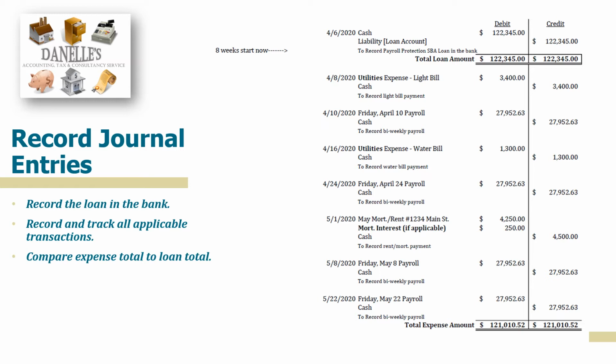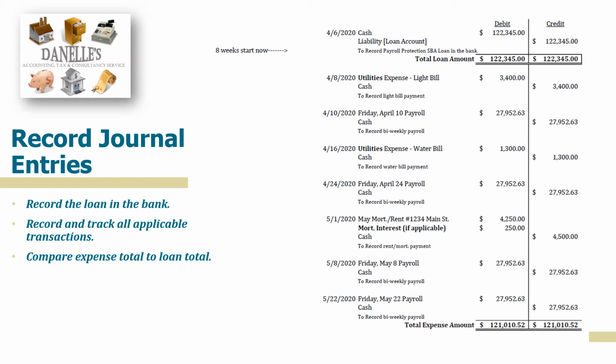So you would record the journal entry between cash and a liability account on your books, any type of loan account, depending on what you numerically recognize liabilities and assets in. If you're using QuickBooks, I think the liability account is the 300 or 400, if I'm not mistaken. So I would pick an other liability and allocate funds to that particular liability account so that you're able to keep track of all the expenses that will be used to offset the money that you received. So for example, we have our